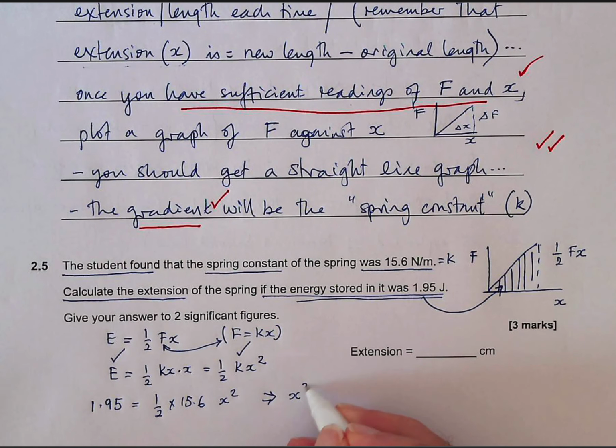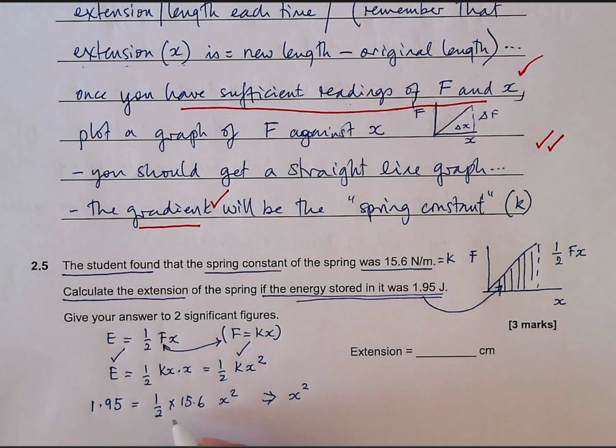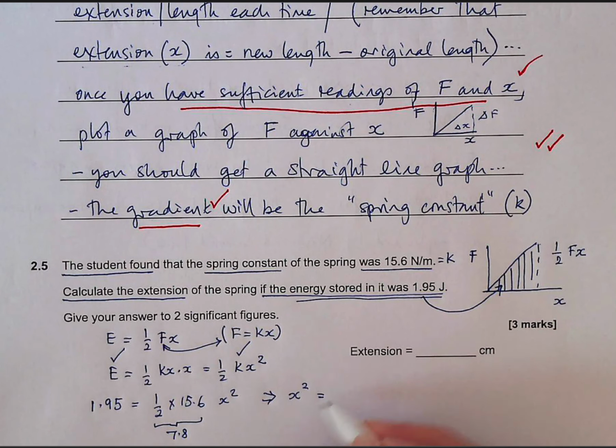It follows that x squared, well, half times 15.6 is 7.8. Yeah? That means x squared equals 1.95 divided by 7.8,